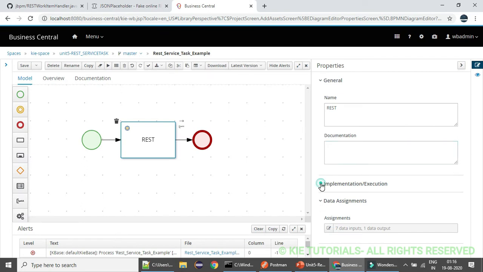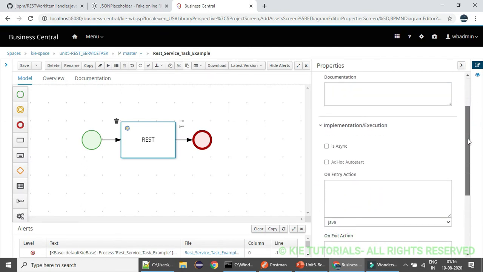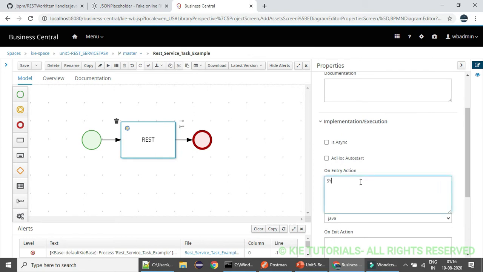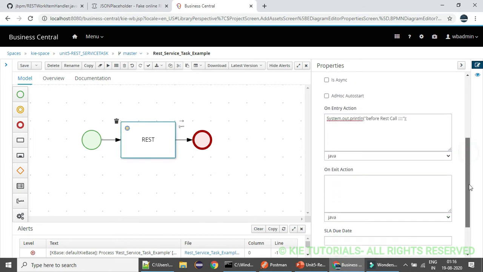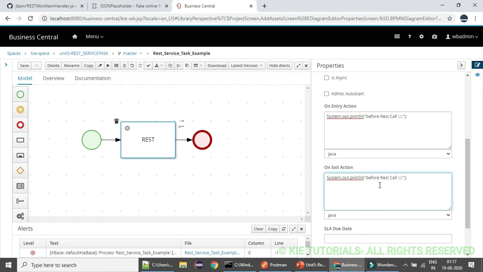Within implementation, on execution on entry, I'll print System.out.println "before rest call", and on exit I'll be printing the output.